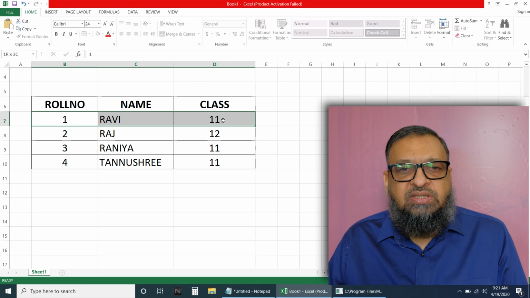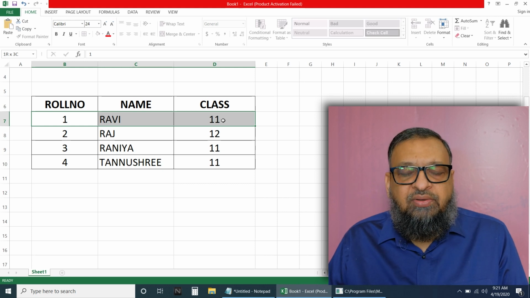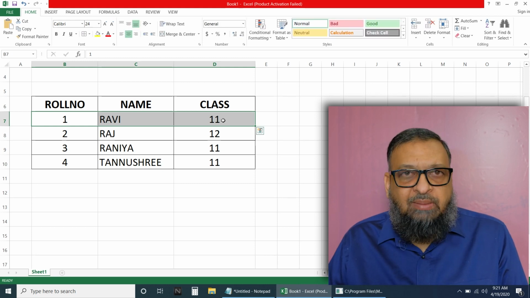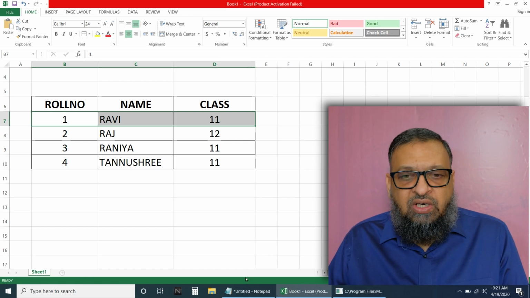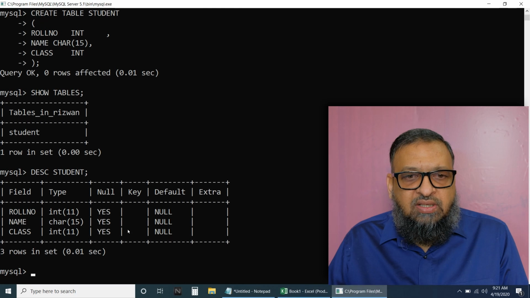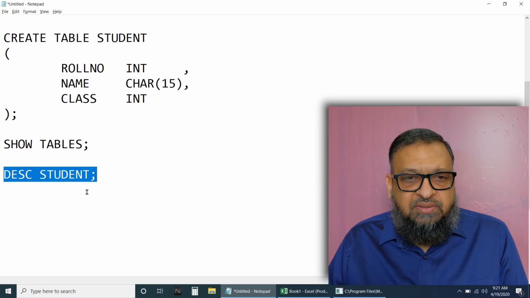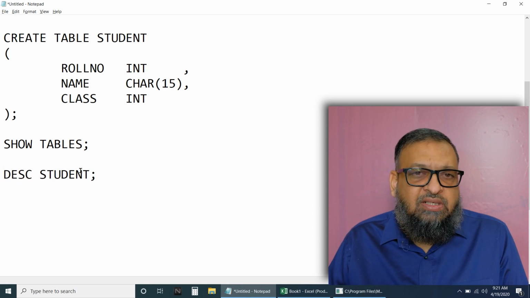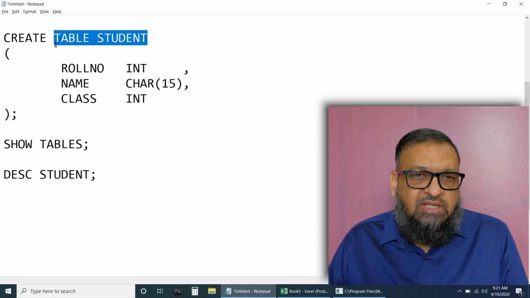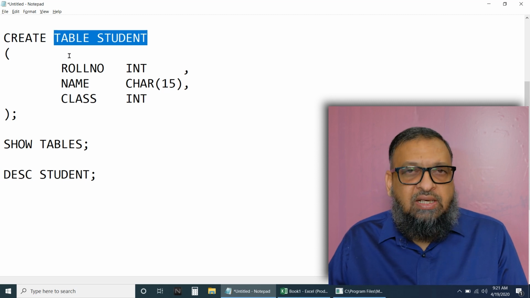How can we insert this record, 1 Ravi 11? For that we have a special command. See how we said create table. The same way we have to tell MySQL to insert the records. There is a data manipulation language command, DML. Create table is a data definition language command. Again, we are going to discuss this later.